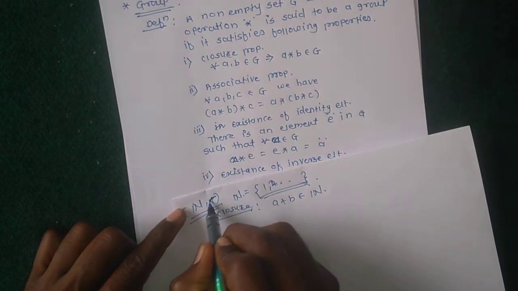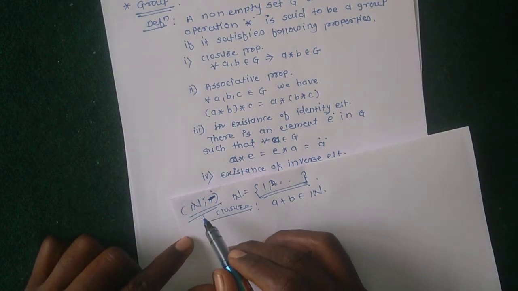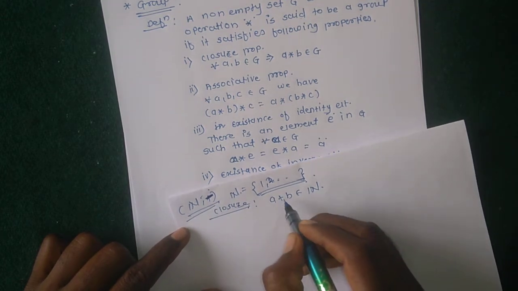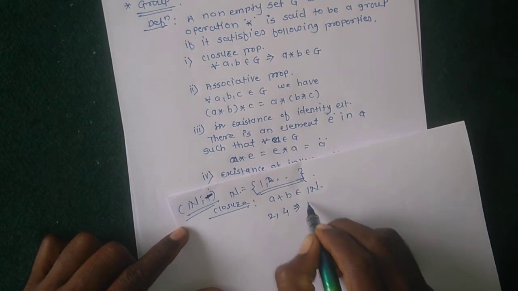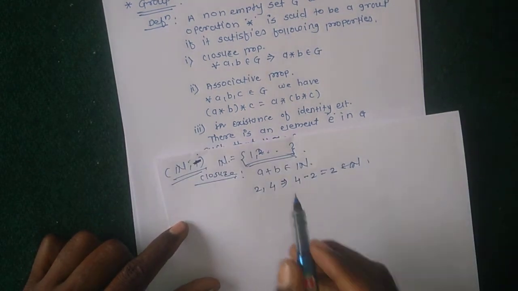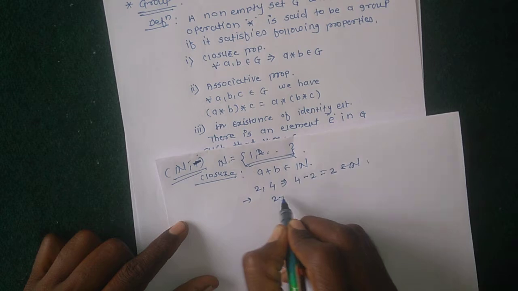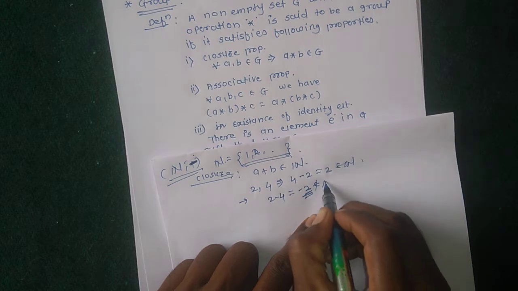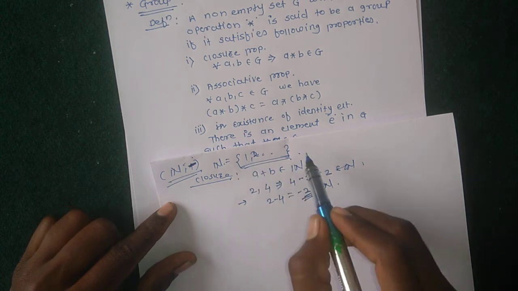But when the binary operation is subtraction, minus sign, on the set of natural numbers, choose any two elements 2 and 4. Their subtraction 4 minus 2 equals 2, which belongs to the set of natural numbers. But in reverse, 2 minus 4 gives minus 2, and minus 2 does not belong to the set of natural numbers because the set starts from 1.